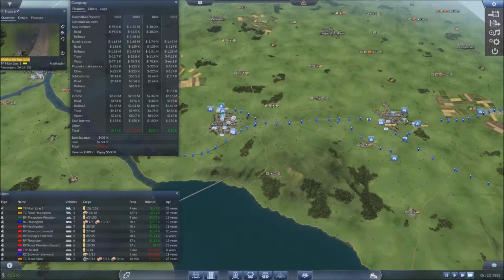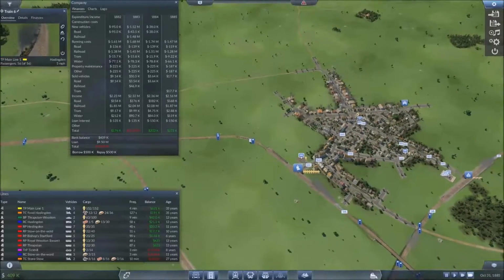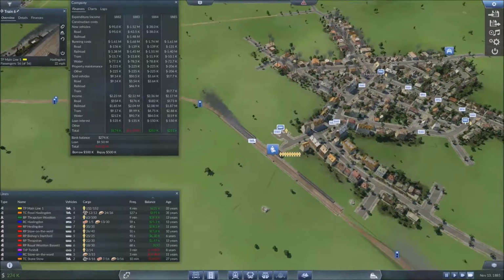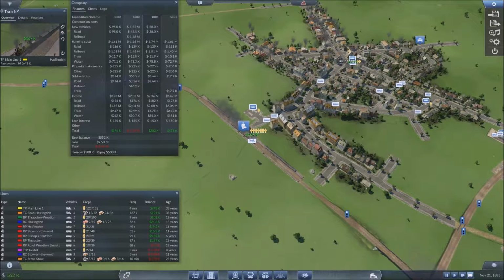Oh, you're waiting for a free path. I take it you're at the station again. Yes, you are. It's such a long train station as well, that... I could double the station up, but then I have the problem that, you know, I wanted it as a single station for a reason, so...